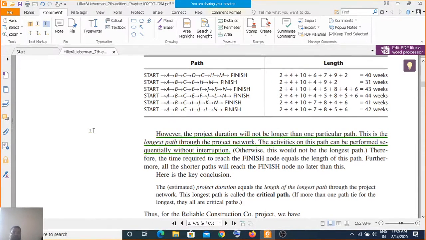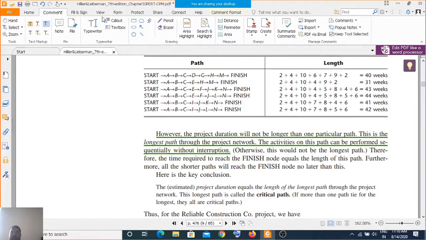However, this project duration will not be longer than one particular path. Activities on this path can be performed sequentially without interruption, one after another. Means A, B, C, D, E, F, G, H, I, J, and so you get the 79 weeks total.